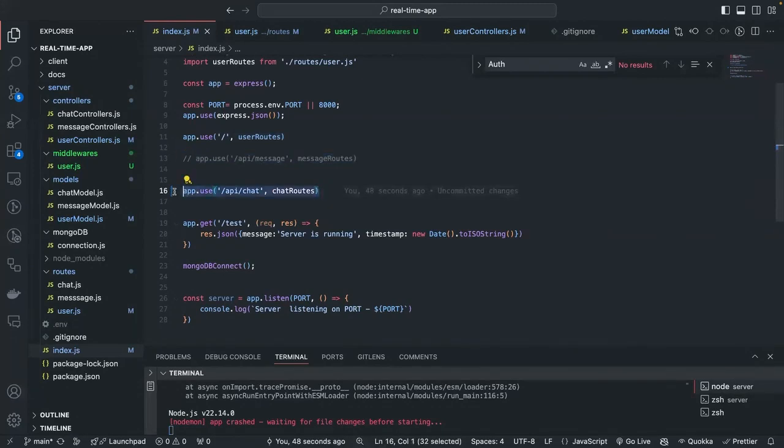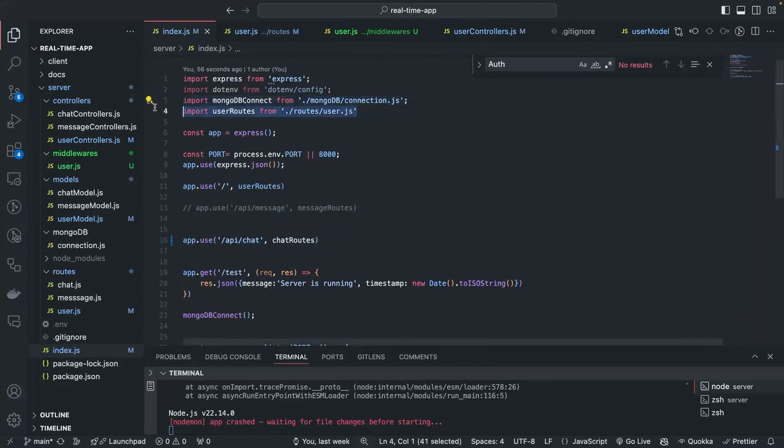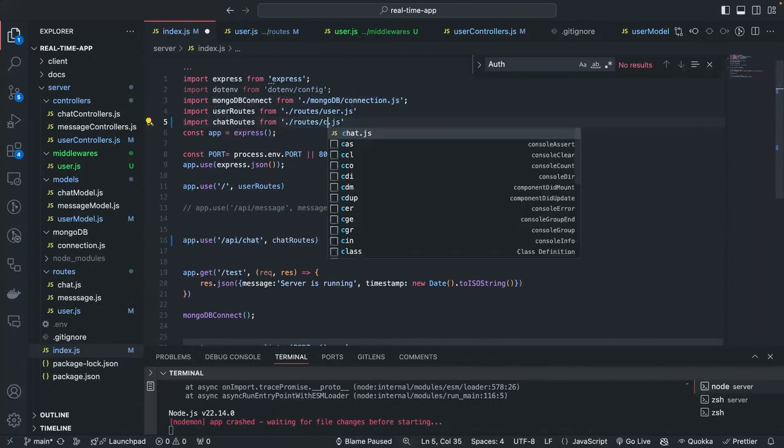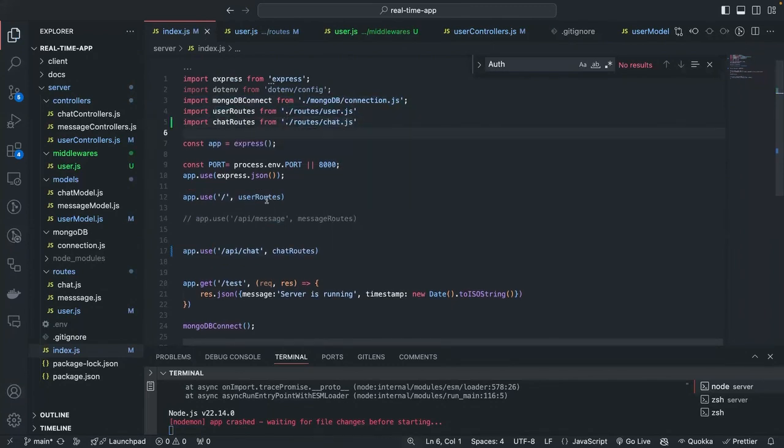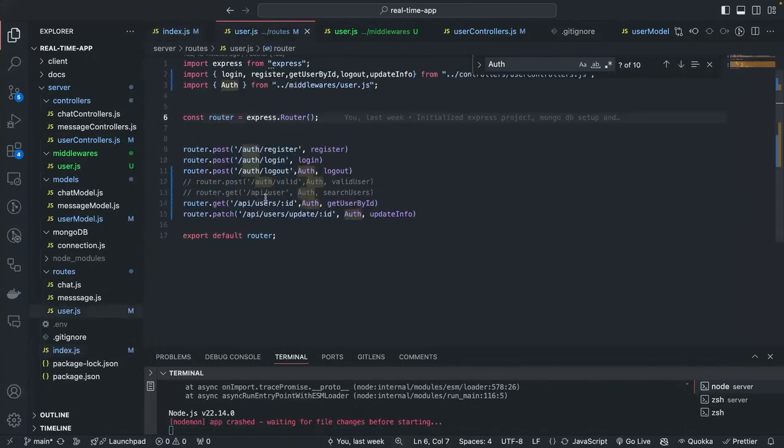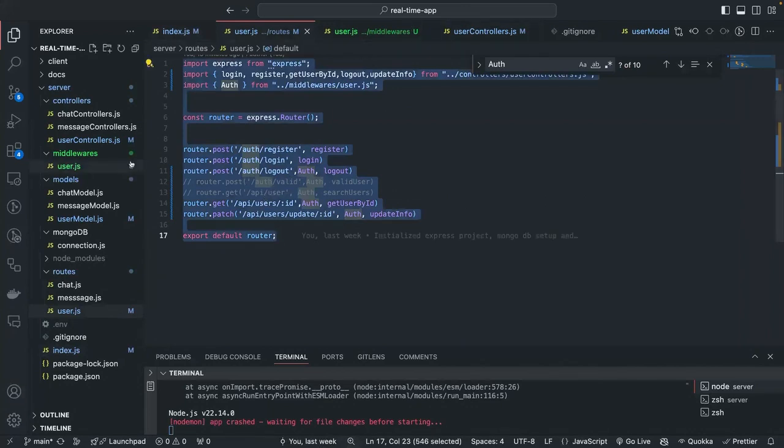So we can create chat routes, and just similar to the user routes, we just have to almost copy paste now, because you can see we are importing user routes like this. Similarly, we will import chat routes. So the structure is very important, guys. Chat.js, and you can go to user routes. Same, we can go to the,